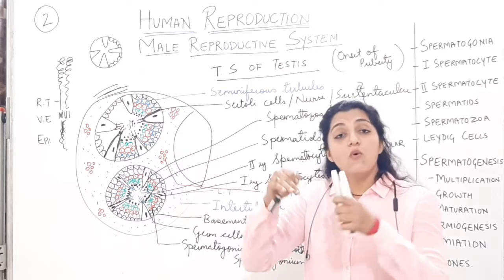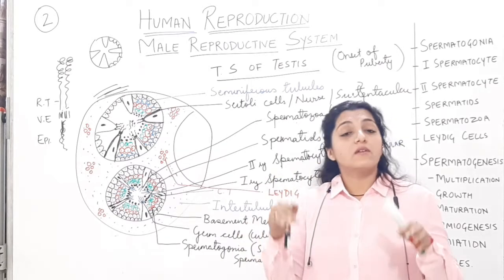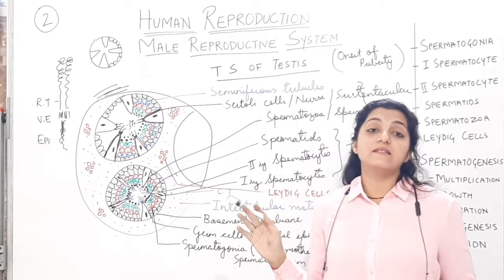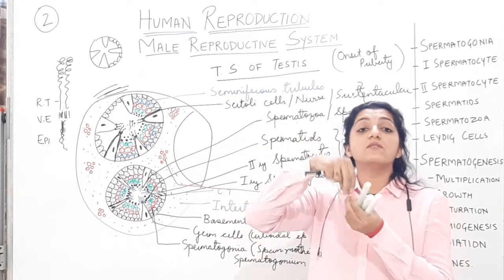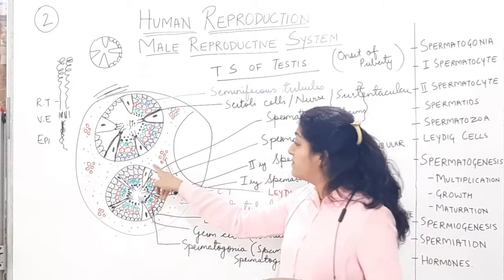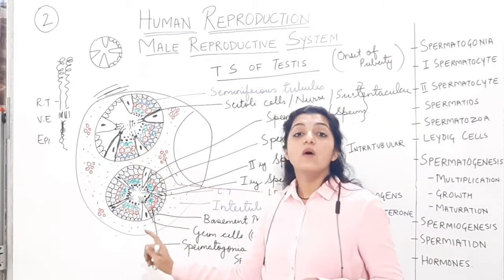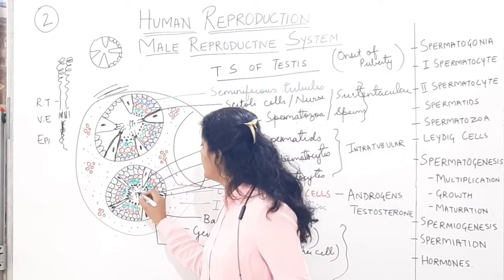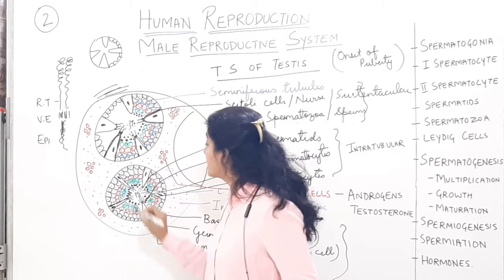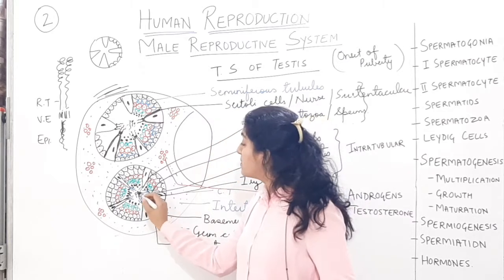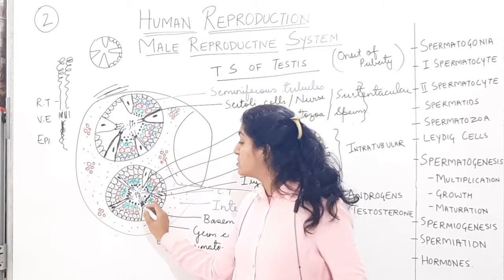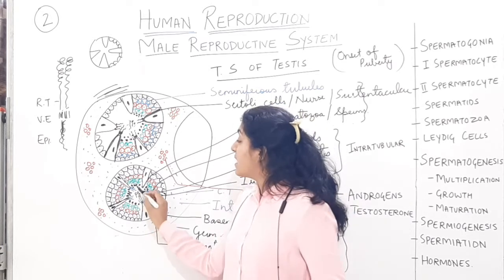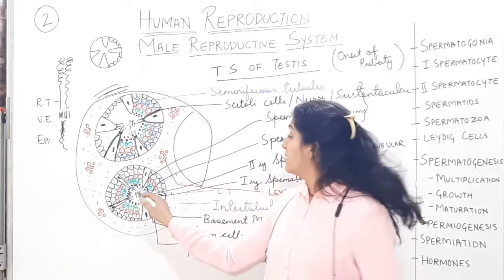These sperms, they go and attach to the Sertoli cells for nourishment. Sertoli cells are the nurse cells. They are the substantia killer cells. Their head is attached to the Sertoli cell. Tail lies free in the lumen. Once the nourishment is complete, they are going to come and lie in the lumen completely. So you can show free sperms also over here, and you can show them attached also in bundles to the Sertoli cells. Alright, once they are lying free in the lumen now, they are free to come.